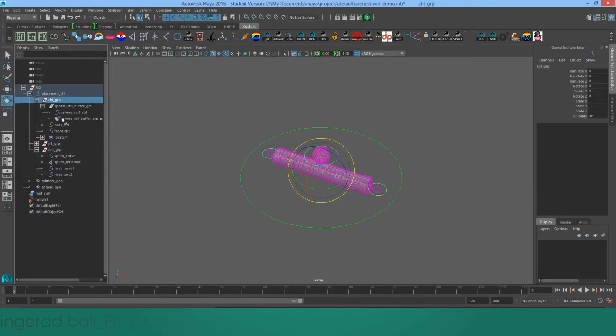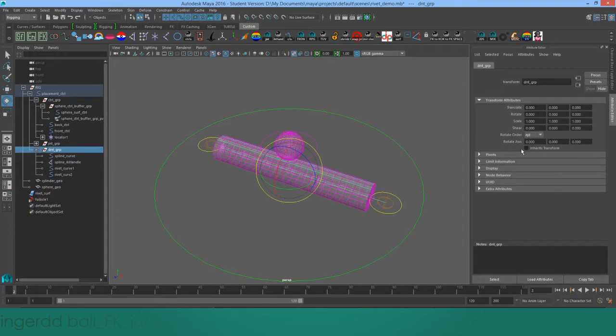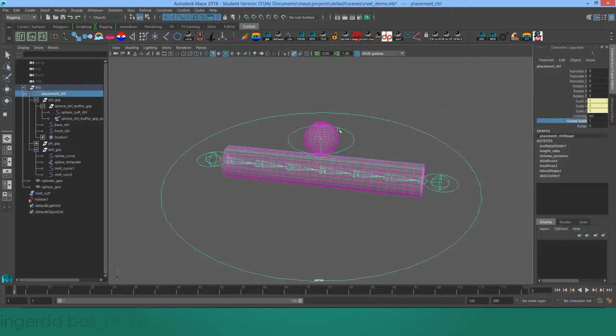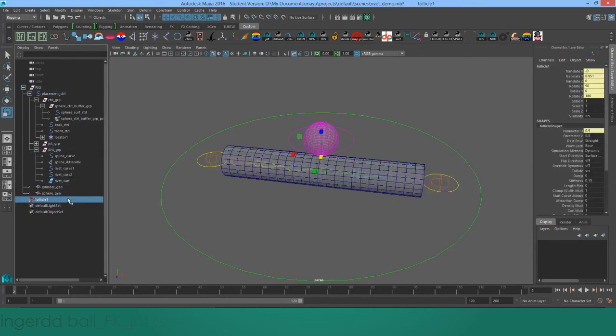The difference between the control group and the do not touch group is that the do not touch group has inherit transforms off. So even though in the outliner the do not touch group is a child of placement control, it isn't affected by the scale on that group. So same thing for the rivet surface, we got to move it into the do not touch group. The follicle is a little bit harder to understand,